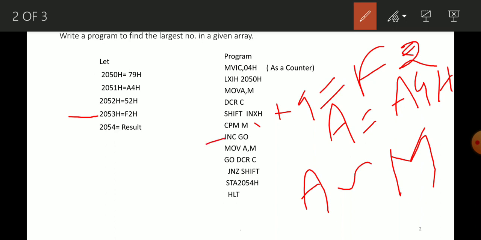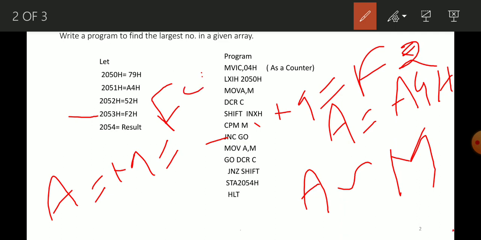So the next instruction we have written is JNC, jump if no carry. So this condition becomes false. It continues to execute the next instruction, that means MOV A comma M. So in that case the value of the accumulator is equal to M, which is F2.